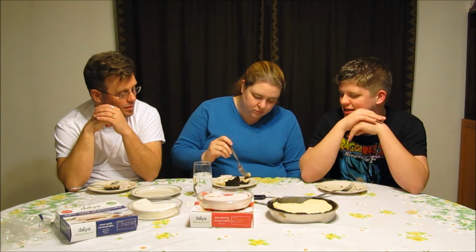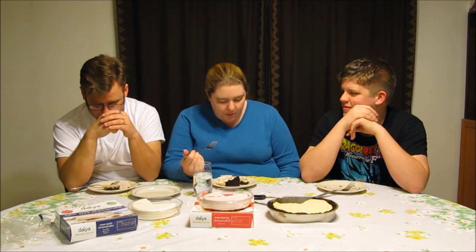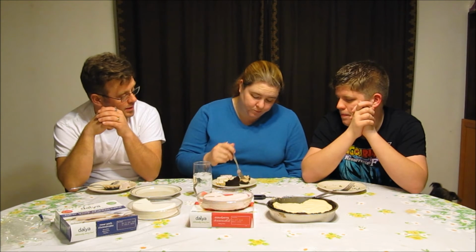Honestly, it just tastes like this. This one has more crust than cheesecake, so. Where Dad said this tastes just like a giant Oreo cookie, I would disagree with him. This is the one that actually does. Because it basically tastes like Oreo cookie with cream on it. Yeah, I mean,